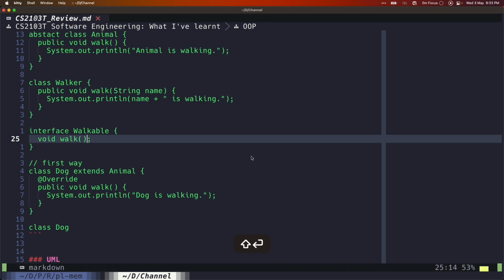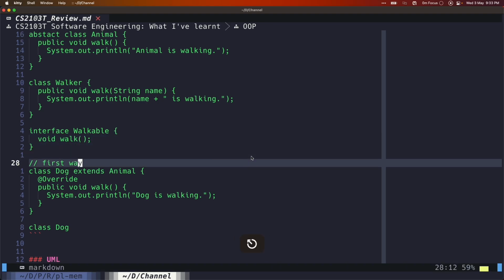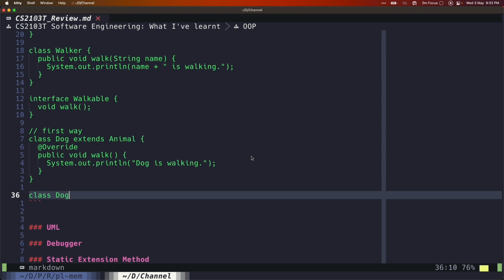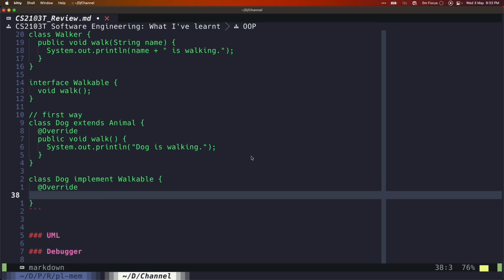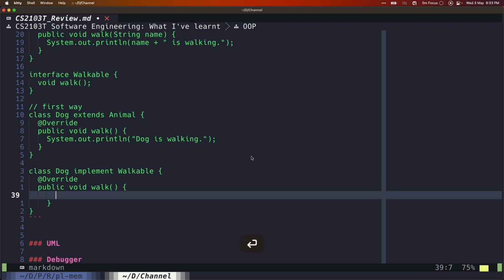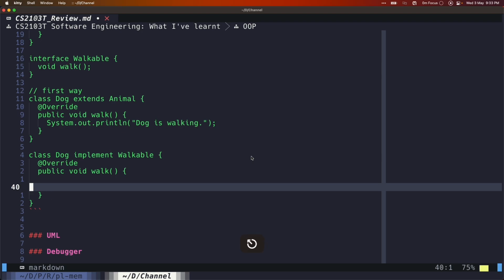Another way of doing things is that you can let the dog class implement the Walkable interface. And with the Walkable interface, you'll have to override and provide an implementation of the parent method, public void walk.